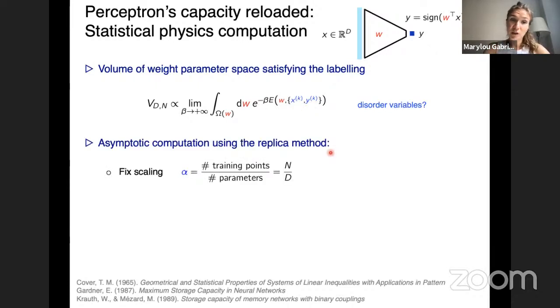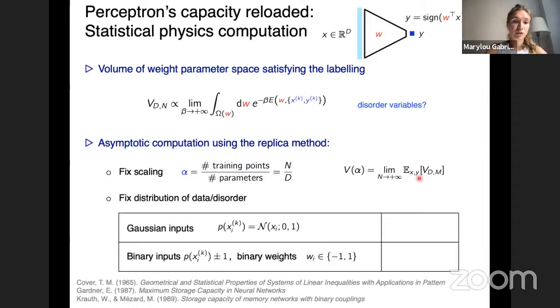The asymptotic computation using the replica method is again going to give us a result that will depend on the parameter alpha. I am fixing the scaling where the number n of training points and the number of parameters, or the dimension of the weight space, go to infinity together with a fixed ratio alpha. And we are going to be able to compute this V of alpha, the asymptotic value of the disorder average of this volume. Then we fix the distribution of data, or the disorder, either taking Gaussian inputs or binary inputs with binary weights,